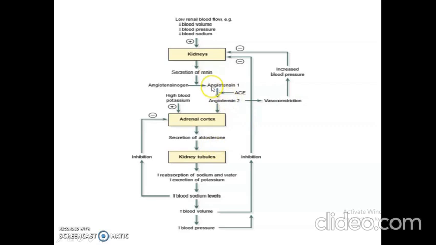Particularly the renin is involved in the regulation of blood pressure, and also it maintains the water level in the body and the sodium level in the body. But the important function of aldosterone is that it maintains the water level as well as the sodium level, but excess potassium is excreted by the aldosterone. So these are the two important negative feedback mechanisms.